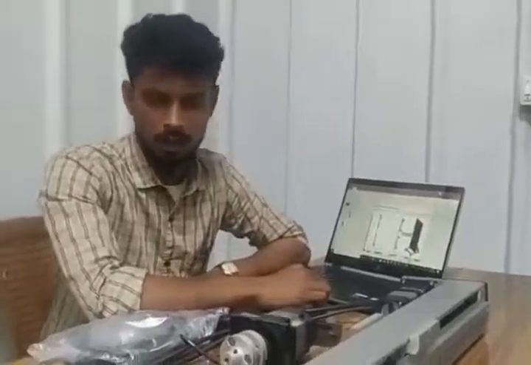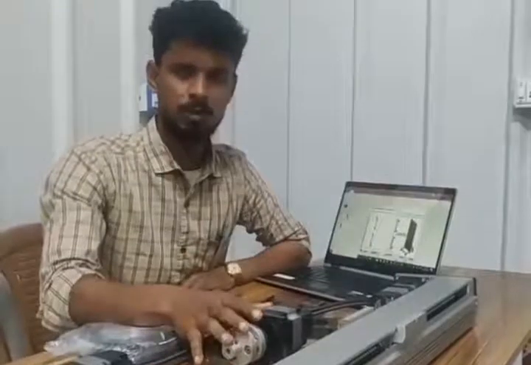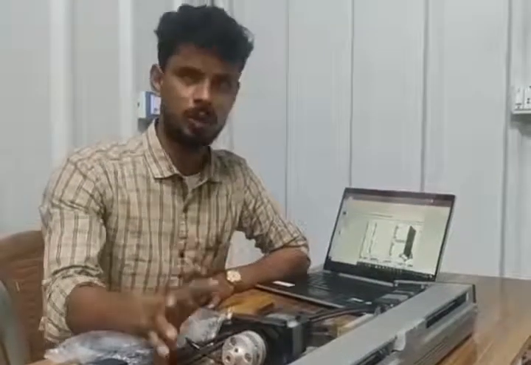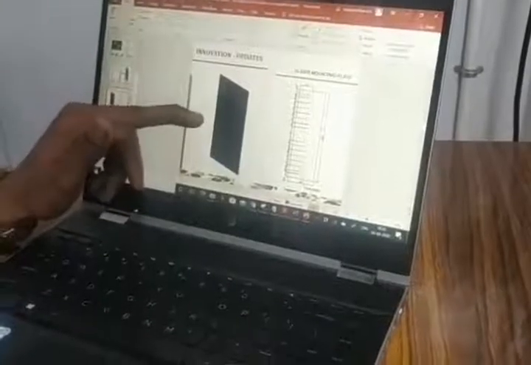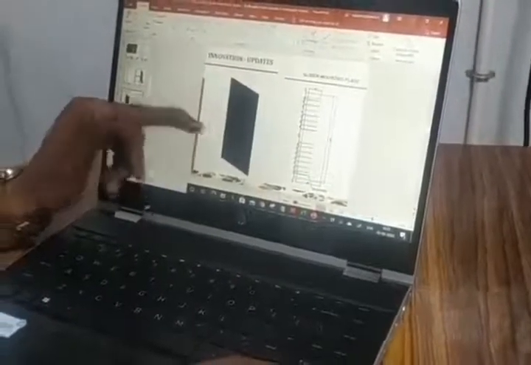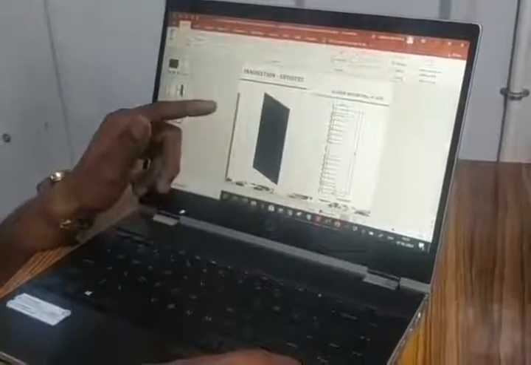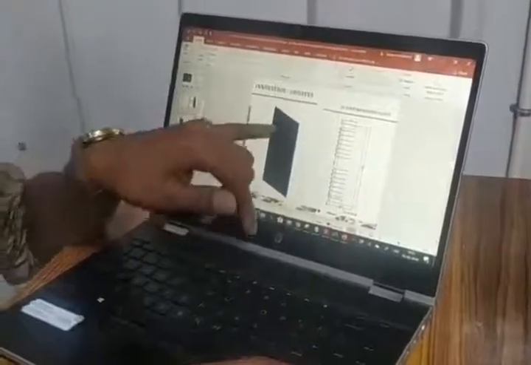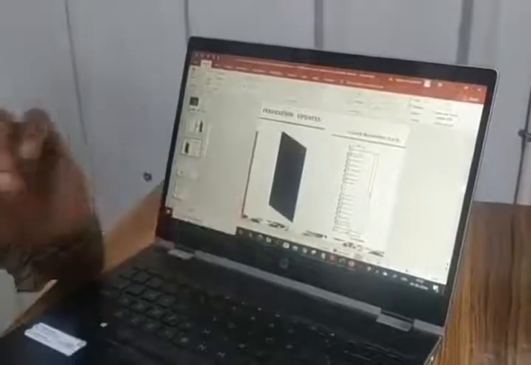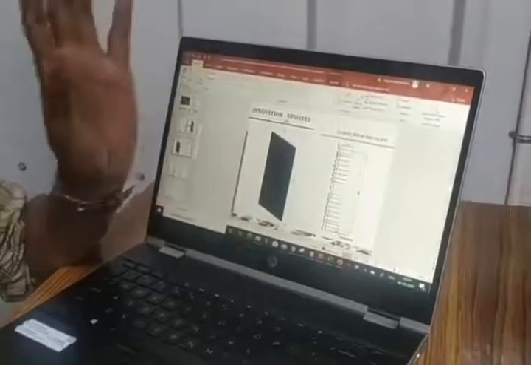Right now, whatever I am telling you about, we have procured those parts. As per our design, we are procuring the parts, and some parts we want to manufacture. Some of those designs we have done. This is the main plate, which we want to manufacture. The process is laser cutting and some drilling operations. If we increase the hole diameter, the motor will not fit in this area. These are the difficulties in that plate: the hole diameter and the distance between the holes. These are very important points in the plate.